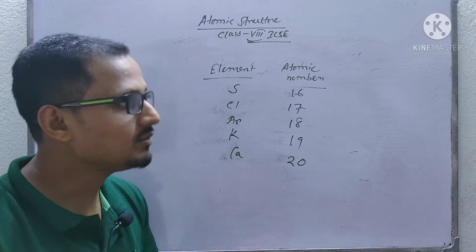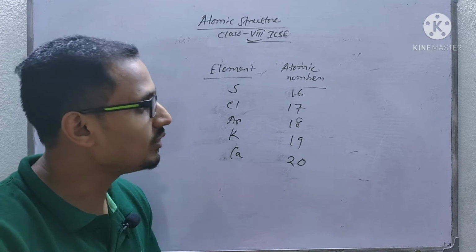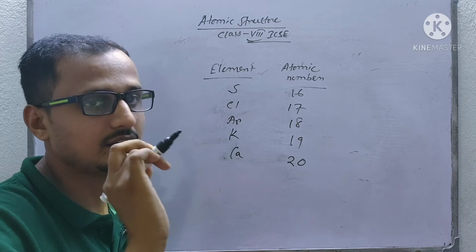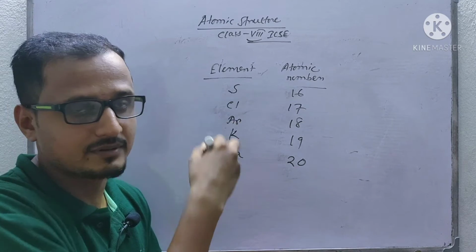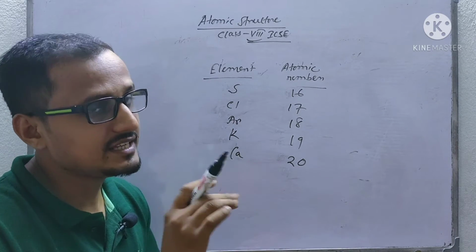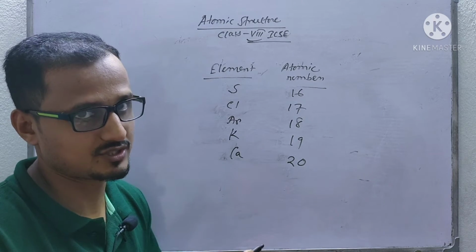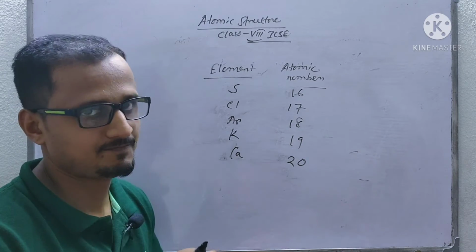Okay. Now from this atomic number we will get to know how many electrons are there in a particular orbit for an atom. That means we have seen from that last calculation that in K orbit there should not be more than 2 electrons. Only a maximum number of 2 electrons can be there in K orbit.